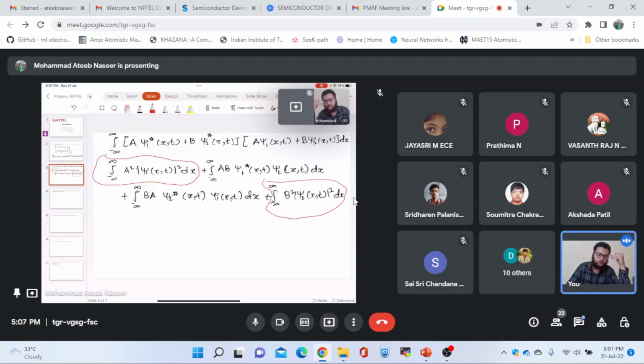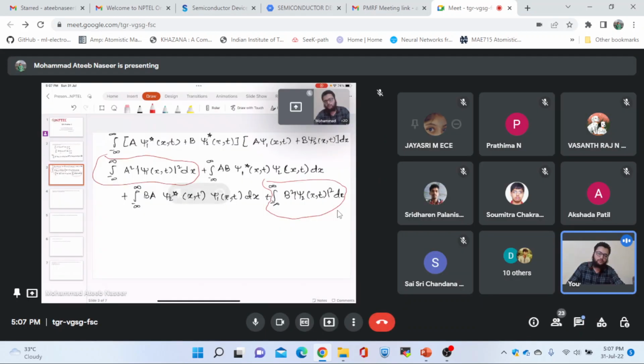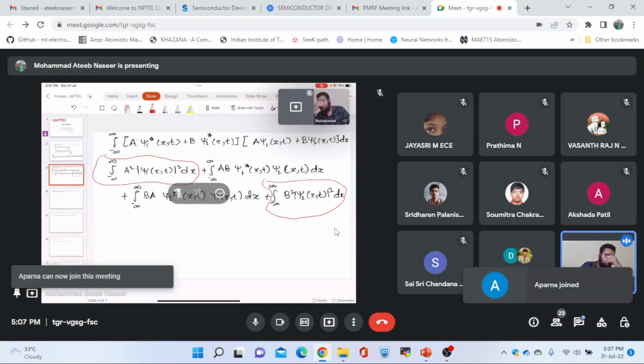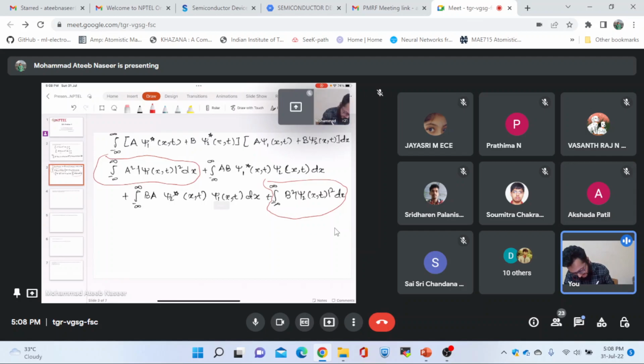Basically, for the wave functions to exist, they have to live in Hilbert space. Let's not go into more details of that. You just remember that they have to be less than infinity. So now we use an identity known as, let me write it, the Cauchy-Schwarz